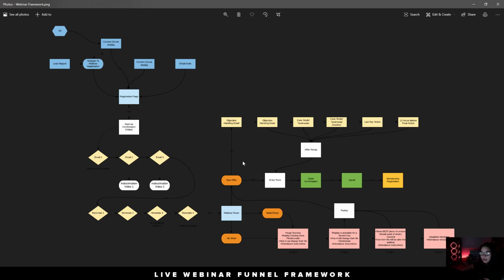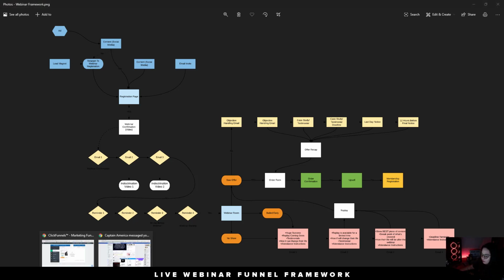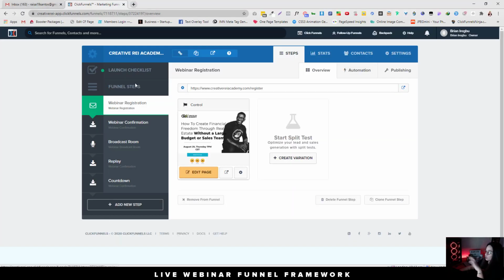You just need to understand the flow of the funnel. Kaya meron tayong framework or funnel map. Alright, so let's go to ClickFunnels. Okay, so ito yung funnel na na-mention ko sa inyo a while ago na ginamit natin, ng funnel framework na yan. So in ClickFunnels, the only thing that you need to set up is the webinar registration and the webinar